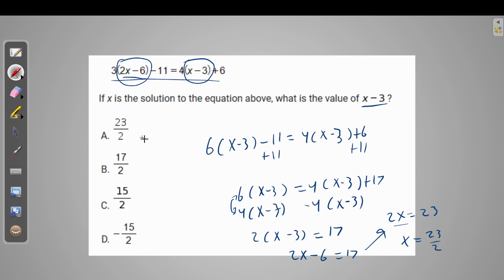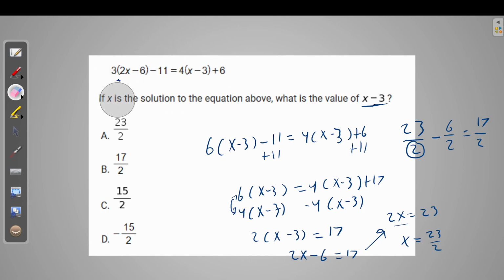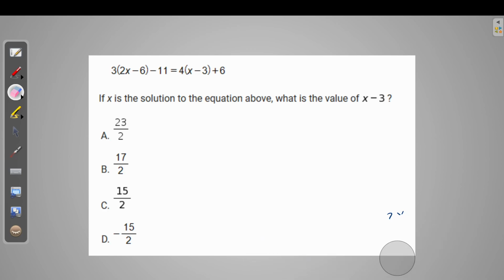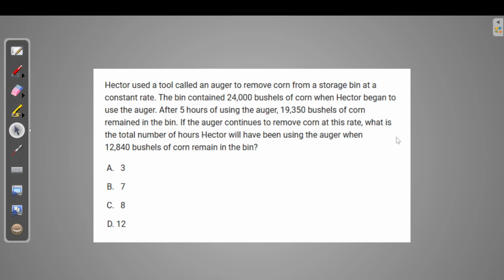And now many people here would just choose A and move on, but it's actually the wrong answer because you have to minus 3 at the end. So if you were to have 23 over 2, then you would want to have the same denominator, where it would be 6 divided by 2, and that'll be 17 over 2, which is answer choice B in this scenario. And then the next problem is going to be the hard problem for this topic, where it asks us